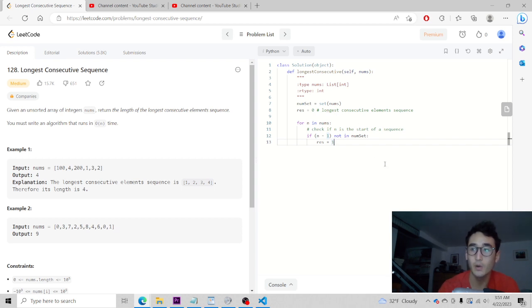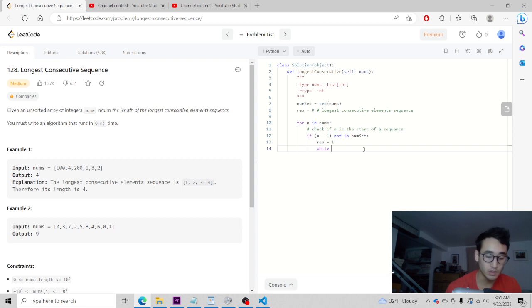So we know we can keep going to see if there are any consecutive numbers that we can plug into the sequence, or that exist as a sequence within this array. And the way we'll do that is with another loop.